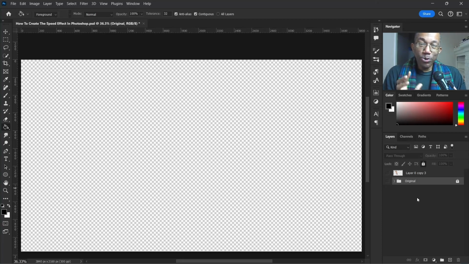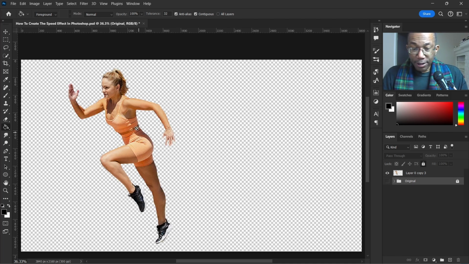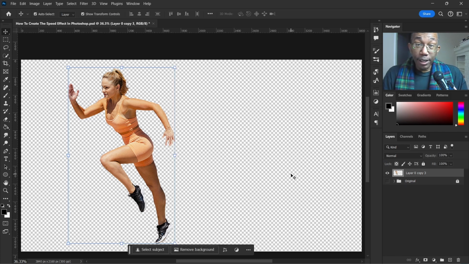And today, let's go ahead and create that speed trick effect in Photoshop. Okay. The only thing we have to do is open up Photoshop and pull up some layers. So I got this layer pulled up. Now this particular layer is already cut out, and this is a PNG image here, meaning it does not have